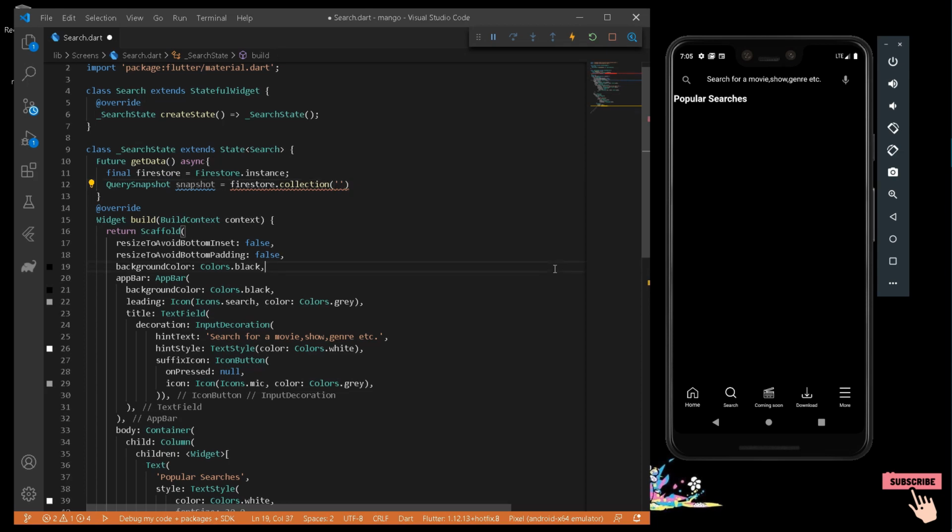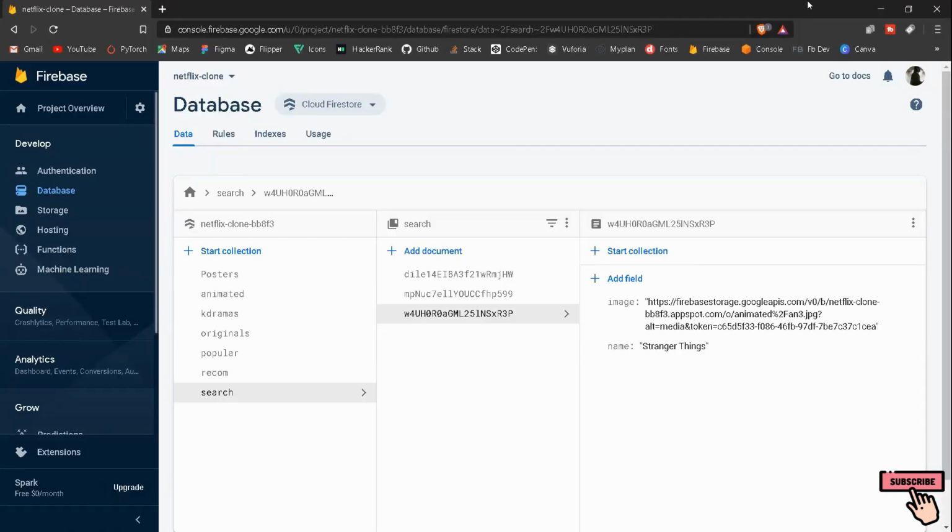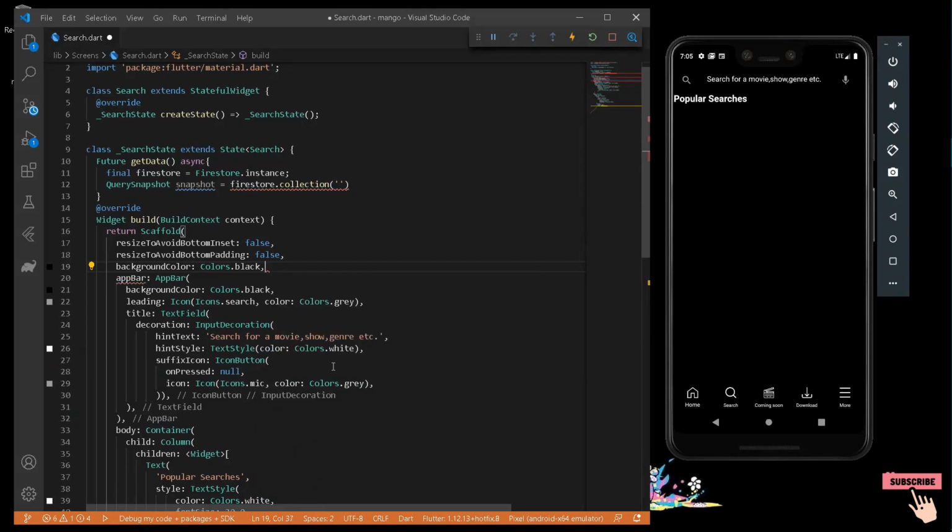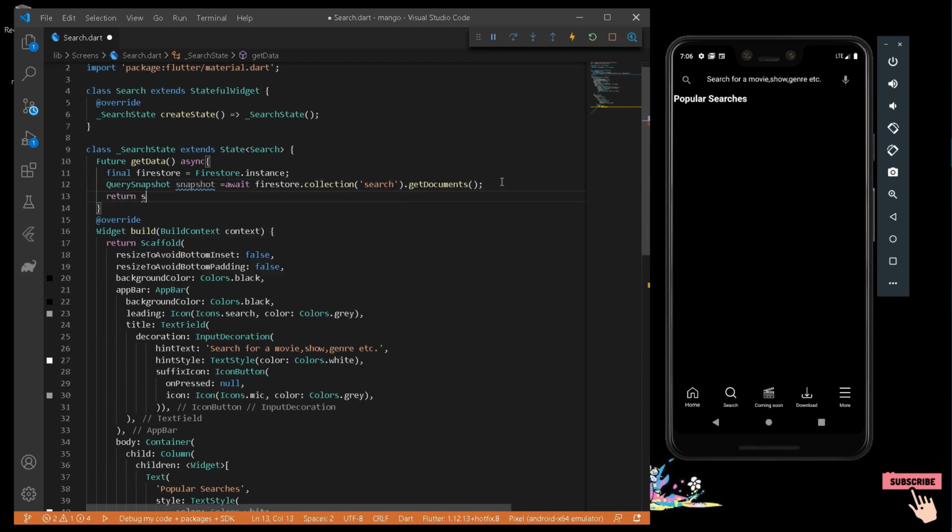If we cross check our collection name, it is search. So here I can write search. So I will write here search dot get documents. Now we have to await our documents. So I will write here await. Cool. Now we can simply return all of our snapshots in the form of documents. So I can write here return snapshot dot documents.